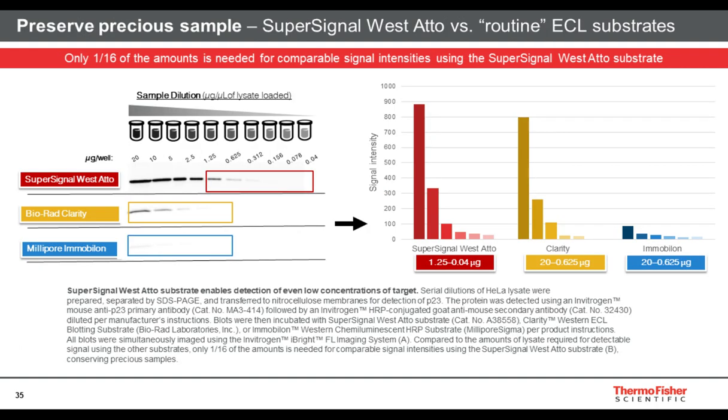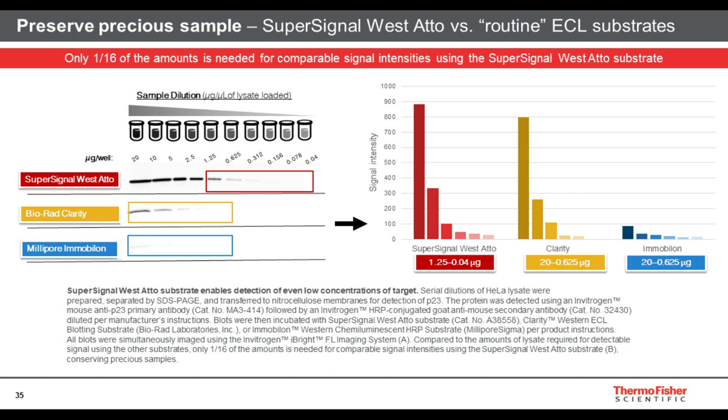To further illustrate how SuperSignal West Atto can help preserve precious sample, we can look at the case study here. In this experiment, we can compare SuperSignal West Atto to routine substrates from Bio-Rad and Millipore. Routine substrates are often used for medium to high abundant protein targets or routine Western blots. However, even if a protein target is medium to high abundant, the sample itself may be precious and requires as